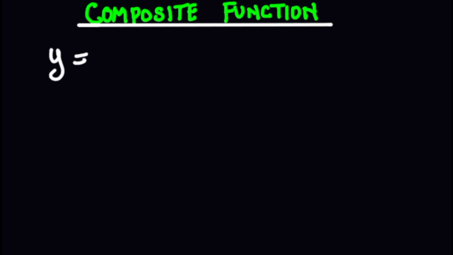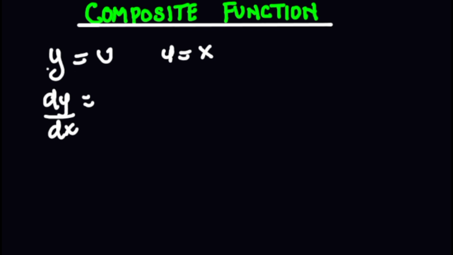Now, in that case, suppose y is a function of u, that is, y depends on u, and u here is also another function, which in turn depends on x, right? So in order for us to find the derivative of the composite function, that basically means if y is a function of u, and u also depends on x, that basically means dy by dx is going to be equal to